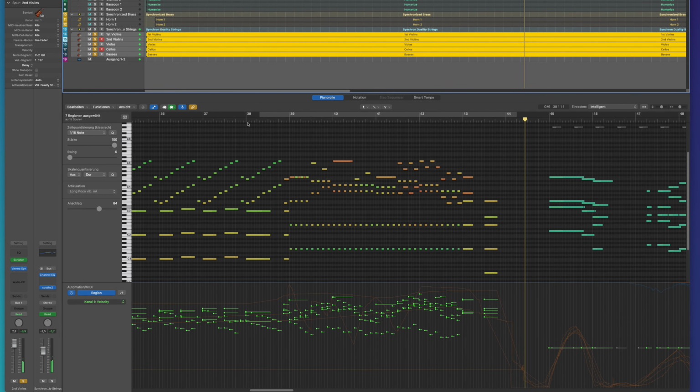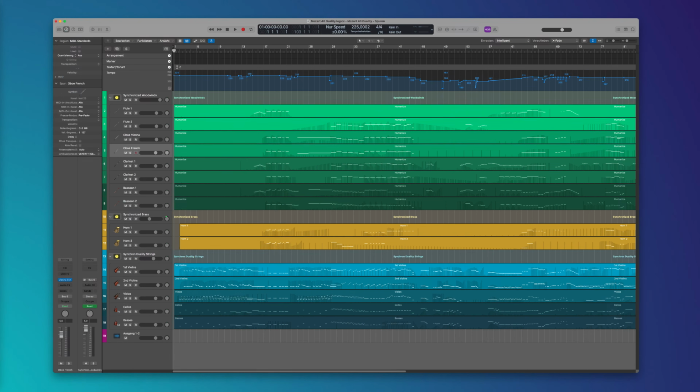Again, these might seem like really small little details that don't make much of a difference, but I think in combination they can really help to make a performance sound convincing. Also very important in my opinion is the coherence or consistency of a sample library. It often is a lot of work to make a performance by a sample library sound consistent.